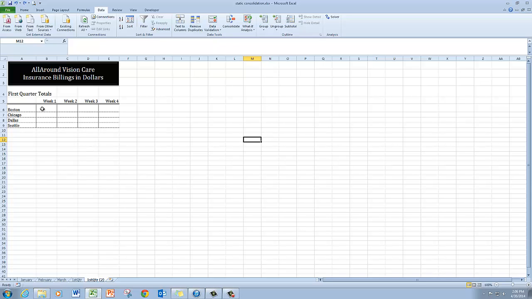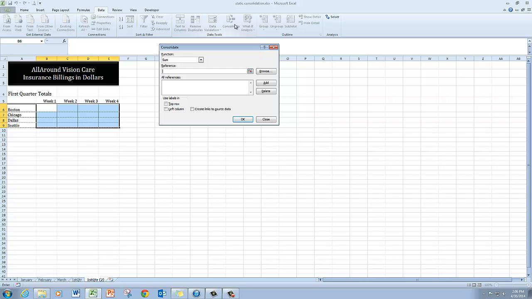So once again, I'm going to start out by selecting B6 through E9, and then I'm going to click Consolidate, and I'm going to go ahead and leave it as a sum,